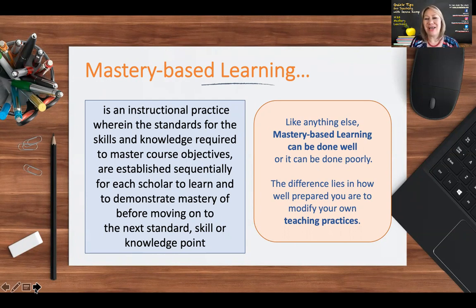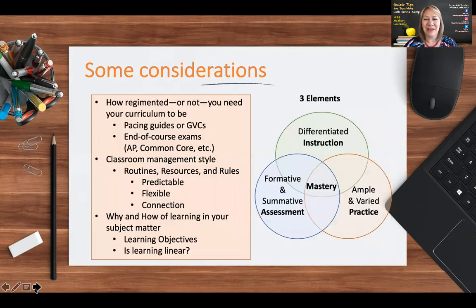The difference lies in how well prepared you are to modify your own teaching practices. And this is my argument about mastery-based learning. You do need to modify your teaching practices. There are multiple considerations that you will need to ruminate on before switching or pivoting to mastery-based learning if you're not doing that already.